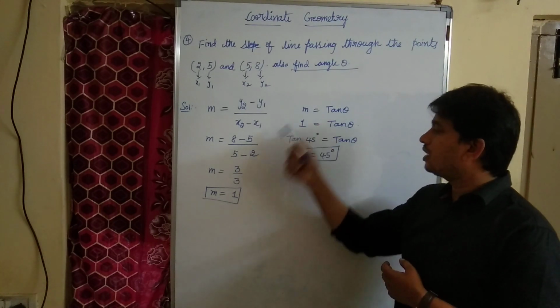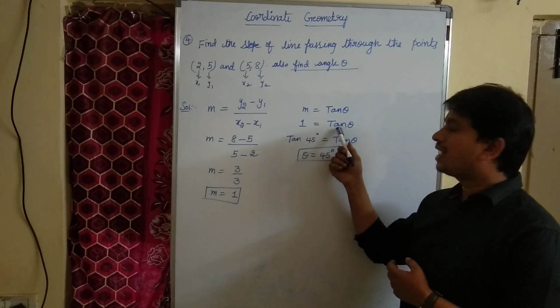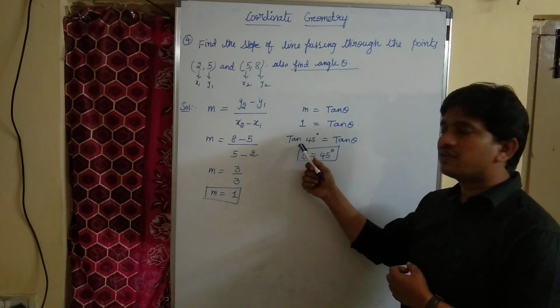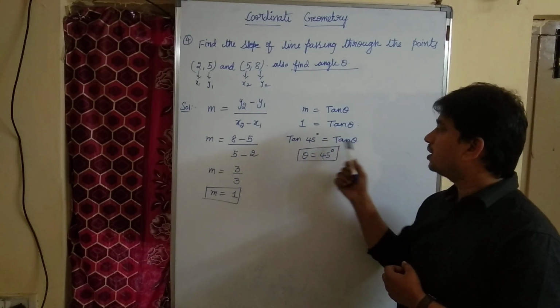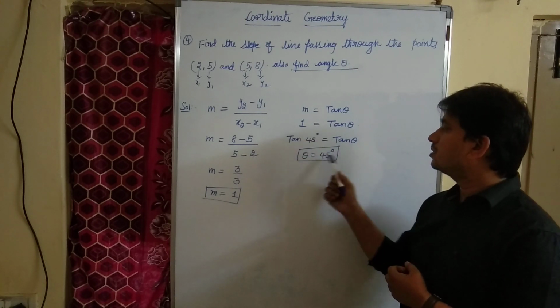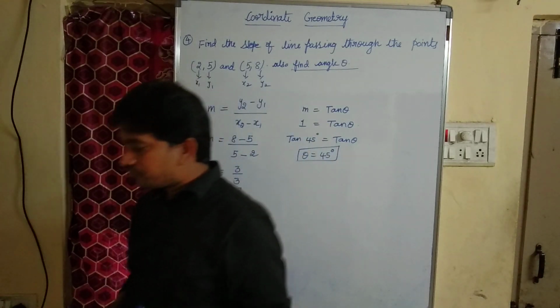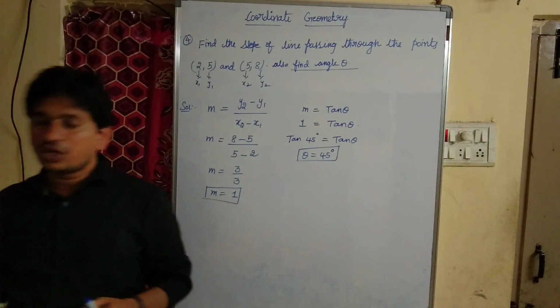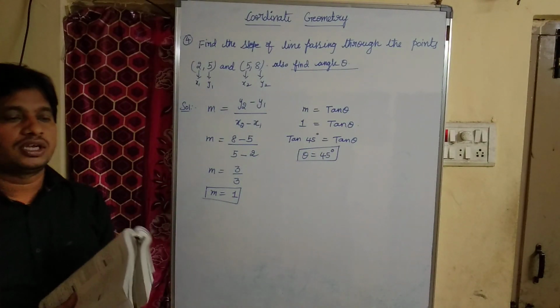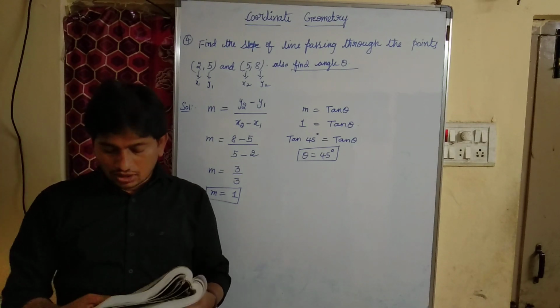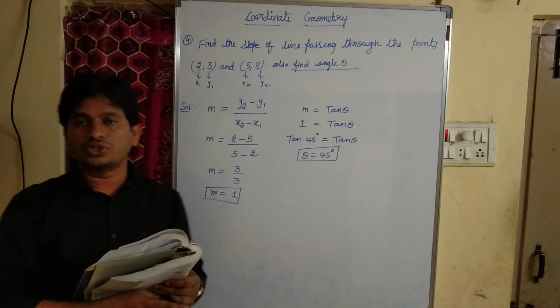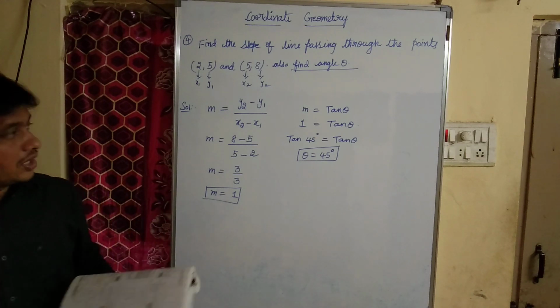As we got the value of m is 1, 1 equal to tan theta. 1 in the sense tan 45 degrees equal to tan theta. Tan gets cancelled. So what is the value of theta? Theta value is 45 degrees. This is our basic formulas which are there in our chapter. Now one more application type of question they may ask like this. Let us see.